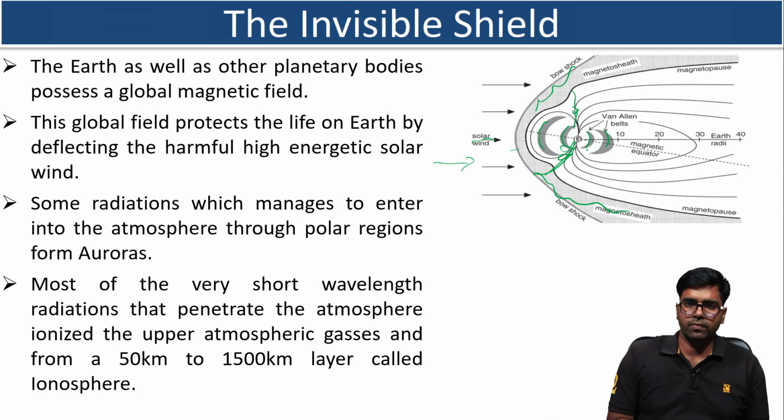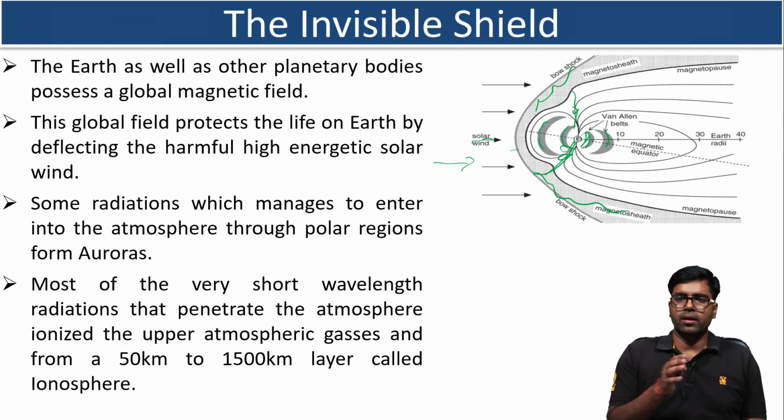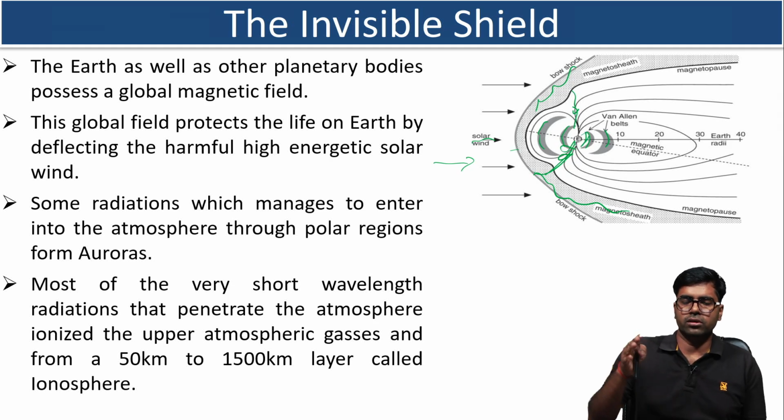These were first discovered by Van Allen in 1958. These belts trap most of the particles which entered the atmosphere. They move from one pole to the other in a helical motion. The inner belt extends from 1000 kilometers to 3000 kilometers from the surface of the Earth, and the outer belt, which